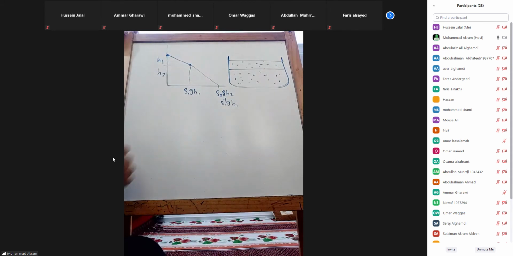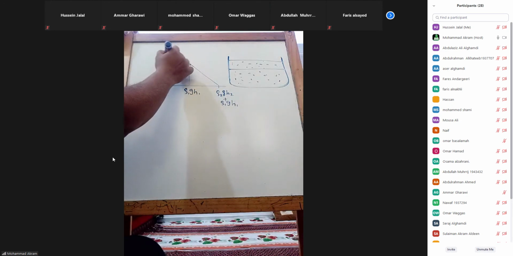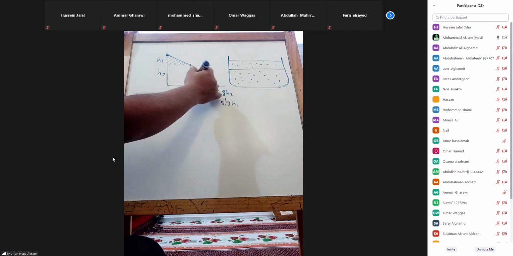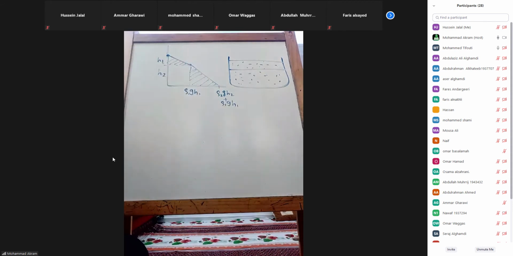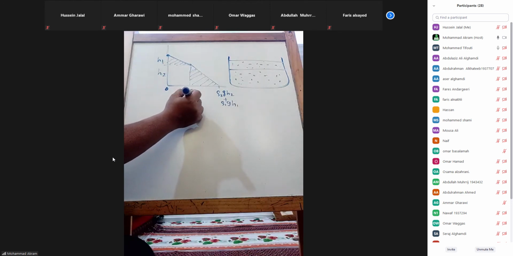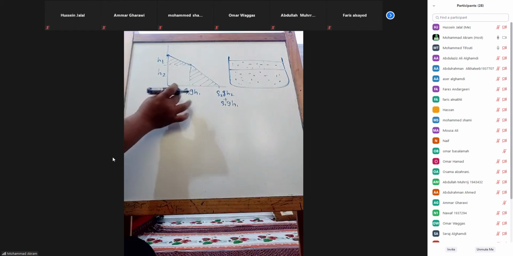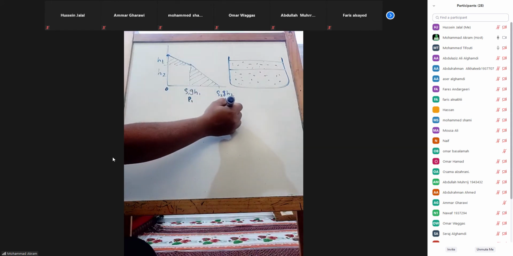Based on that we need to consider the different sections and solve the area. Can you get the area of these three shapes? Is it difficult to get the area of this shape? No, it's easy, right? You only need to know the formula for area. For the rectangle, it is from 0 to this value. Say for example, this value is P1 and this is P2.